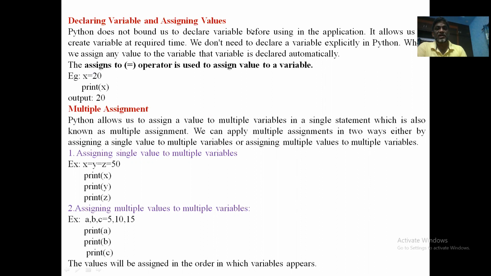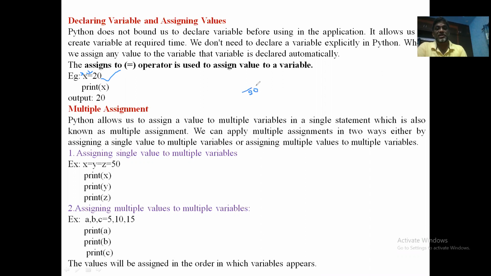As we saw earlier in some example programs, you need to use the assignment operator, and use a variable. x is a variable, and assign a value like this. Then 20 will be created in memory.